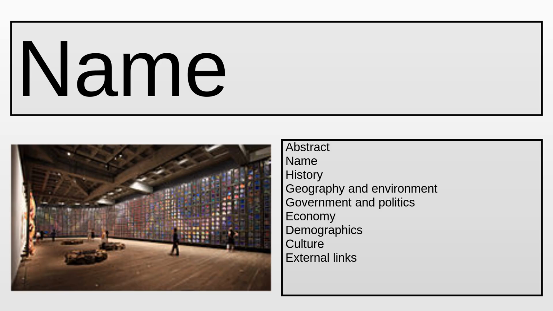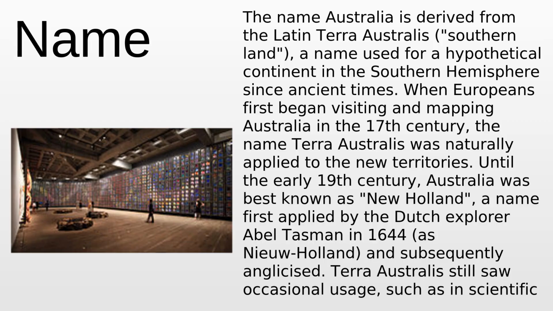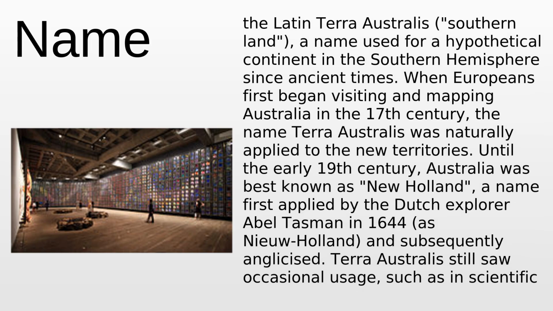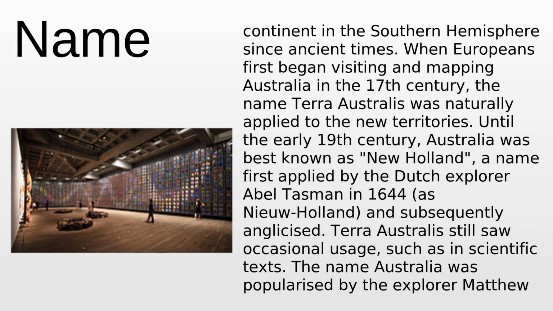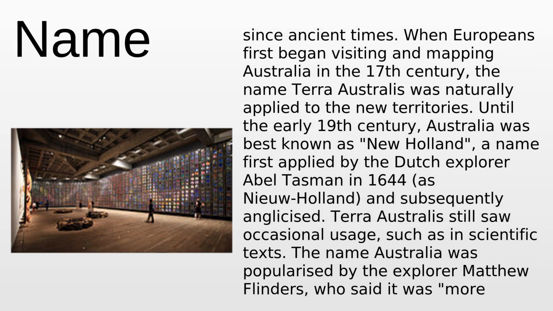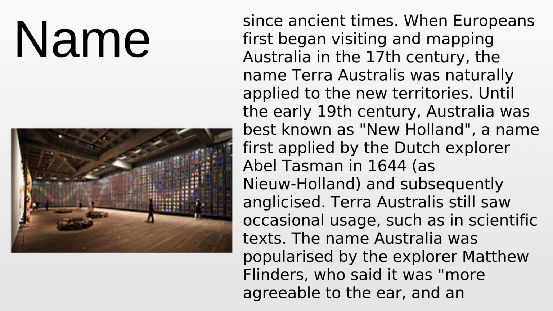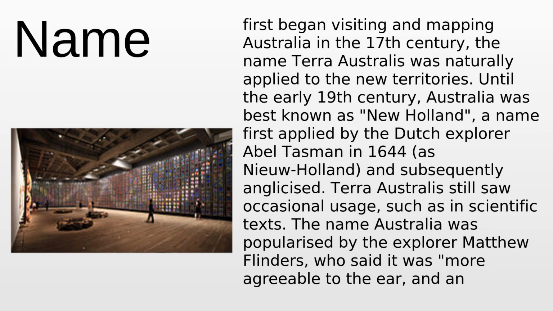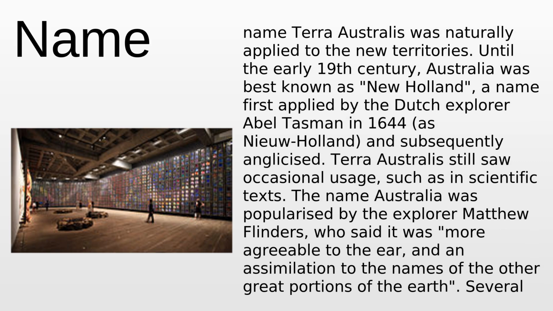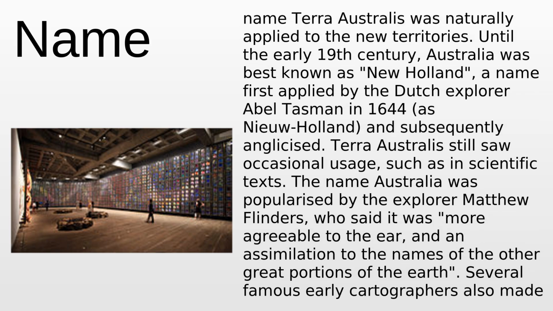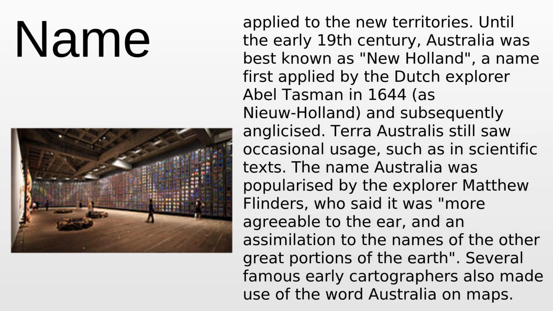Name. The name Australia is derived from the Latin terra australis, southern land, a name used for a hypothetical continent in the southern hemisphere since ancient times. When Europeans first began visiting and mapping Australia in the 17th century, the name Terra Australis was naturally applied to the new territories. Until the early 19th century, Australia was best known as New Holland, a name first applied by